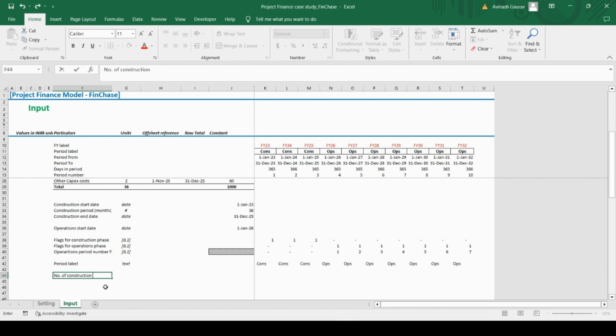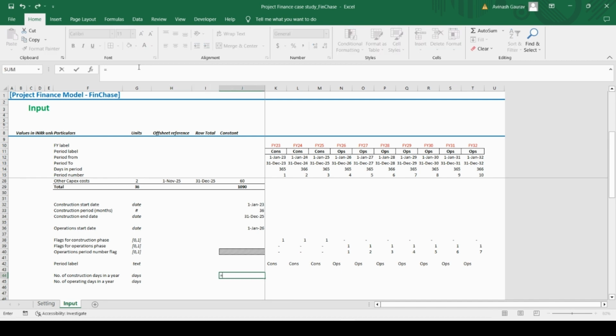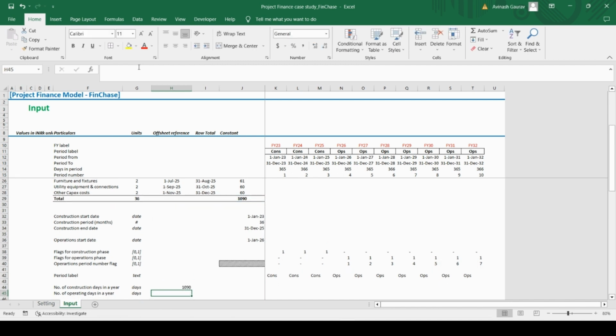सो गाइस अब हम बनाते हैं नंबर ऑफ कंस्ट्रक्शन डेज इन ए ईयर, राइट। एक साल में हम कितना दिन कंस्ट्रक्शन कर रहे हैं, तो अभी हम ये बनाएंगे गाइस, और इसका जो हमारा यूनिट्स होने वाला है दैट इज गोइंग टू बी इन डेज, राइट। ओके, देन नेक्स्ट वी हैव अ नंबर ऑफ ऑपरेटिंग डेज इन ए ईयर, राइट। हम किसी साल कितना दिन ऑपरेटिंग डेज है हमारा, राइट गाइस। ओके, अभी हम इसको कैसे कर सकते हैं, ओके। सो गाइस बिफोर डूइंग इट, फर्स्ट ऑफ ऑल आपको पता है आपका नंबर ऑफ कंस्ट्रक्शन डेज इन अ ईयर कितना है, राइट। सो हम इसको यहाँ से लिंक कर लेते हैं, so guys I can say equals to my number of operation days is 1090,